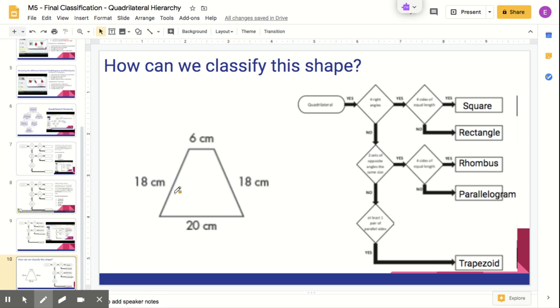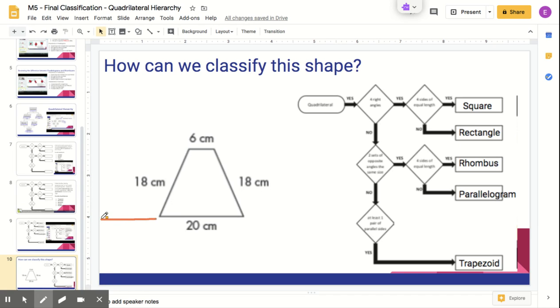I'm noticing that these two sides over here are 18 centimeters. I'm noticing that the top is 6 and the bottom is 20. I notice that all the angles are different or not right angles. I'm also noticing that